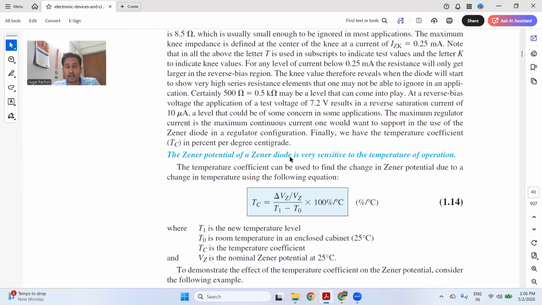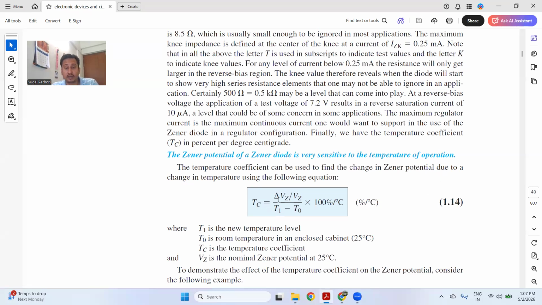Now you can see the Zener potential of a Zener diode is very sensitive to the temperature of operation. I told you in the beginning that it acts as a voltage regulator. However, this voltage regulation is temperature dependent, meaning its operation depends on the temperature. The regulated voltage may vary depending upon the temperature. And how does it vary? You can see the temperature